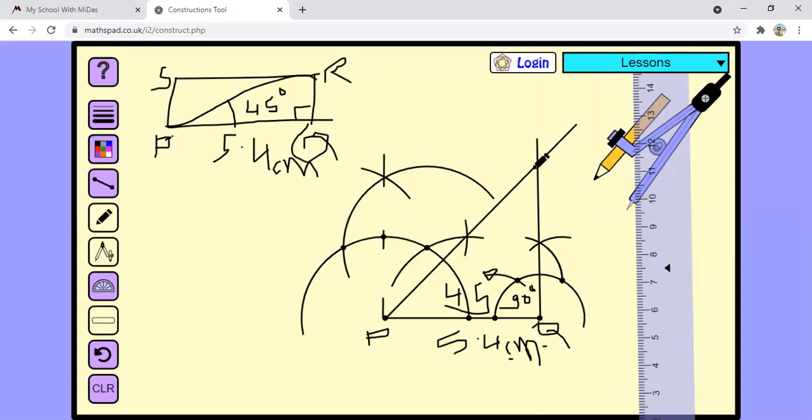Now wherever it cuts here, this cutting point, you can put here the name R. This point name is R. Okay, like this we construct this one. Okay, 90 degree, and it cuts the diagonal here at point R.